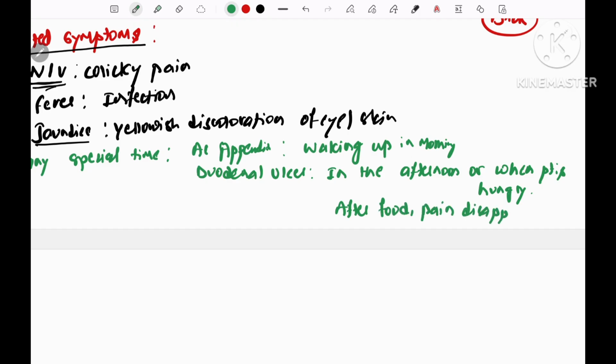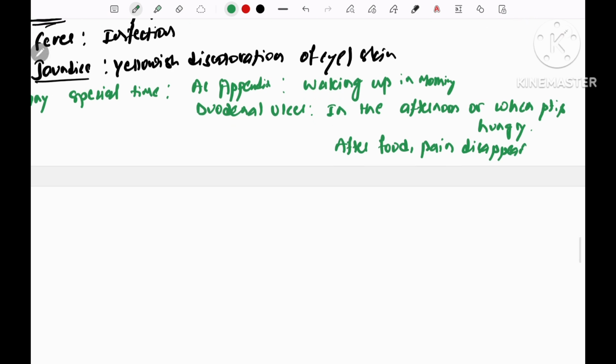Pain disappears. But in case of gastric ulcer, the pain starts occurring after food. After food, pain starts. So it is not during the hungry phase, but it is during the